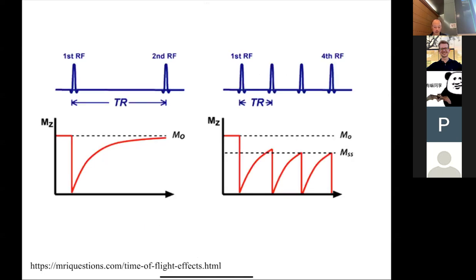And then the other way we can image flow gets back to sort of thinking about T1 relaxation. So remember, if I have 2 RF pulses and I have some repetition time, if I wait long enough, then the magnetization can recover, right? But if I make that TR smaller, then the magnetization doesn't typically have time to recover, right? So we can actually use this because it turns out that